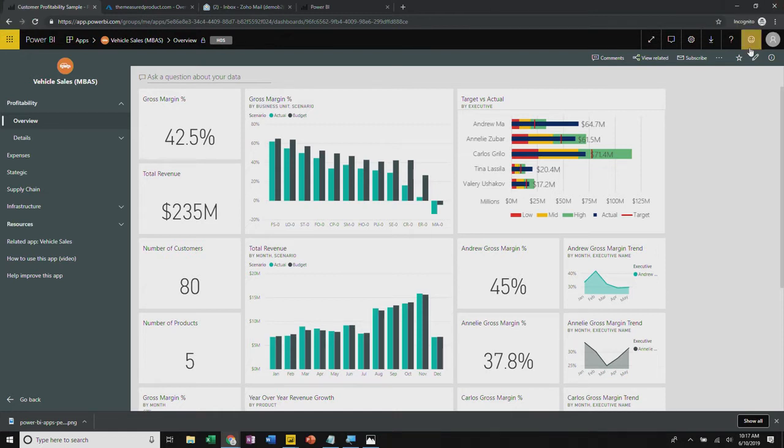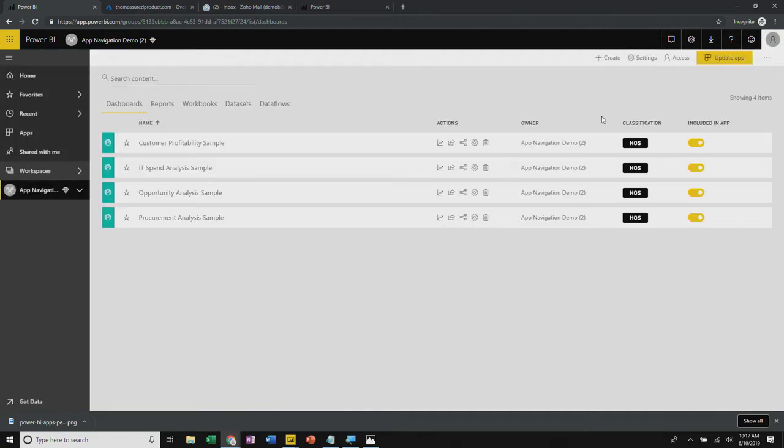So what I'm going to do is the following. I'm just going to press the edit button, and that's going to take me to the workspace that this app came from. Now, in order to publish an app, who has published an app before in Power BI? Okay, oh wow, not that many of you. So it's interesting. Power BI allows you to curate content and work together as a team to build up the reports, dashboards and datasets that are important to you in a workspace. And that's where I am right now.